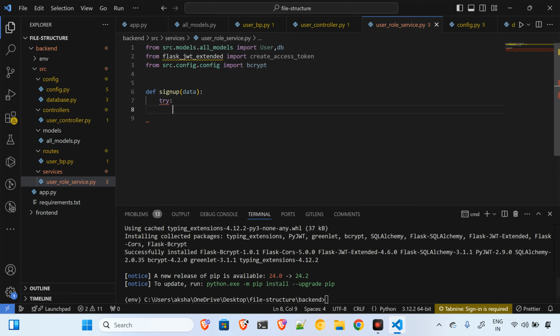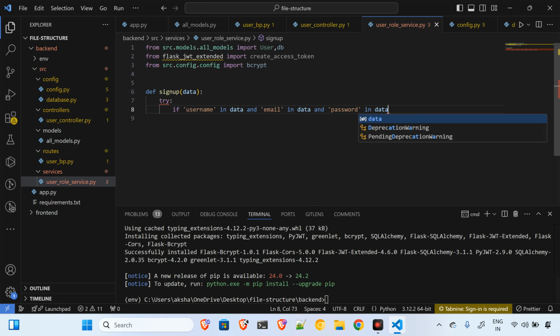So from the front end side, I'll be sending the username, email, and password. Okay, so I'll say if username in data and email in data and password in data. That means if I am having all these three required parameters, whenever users have been